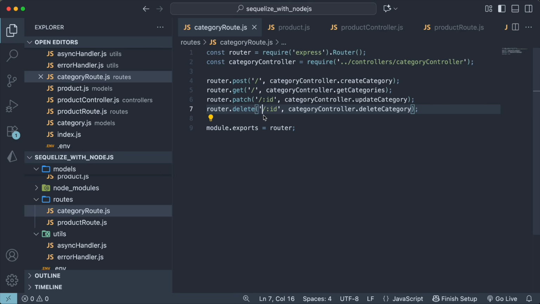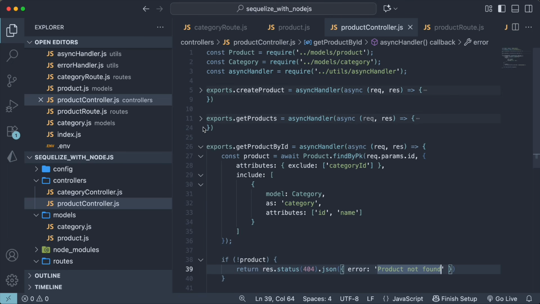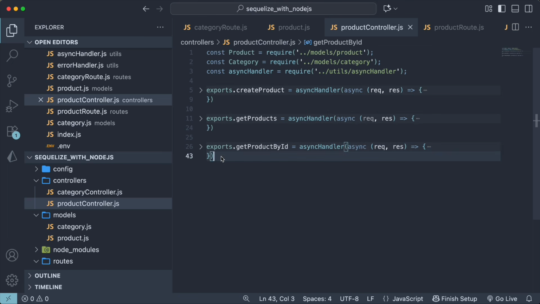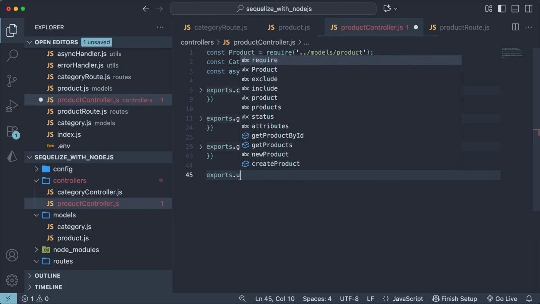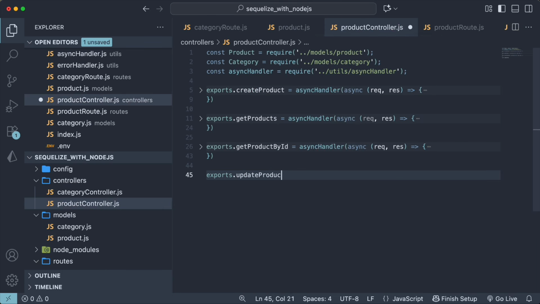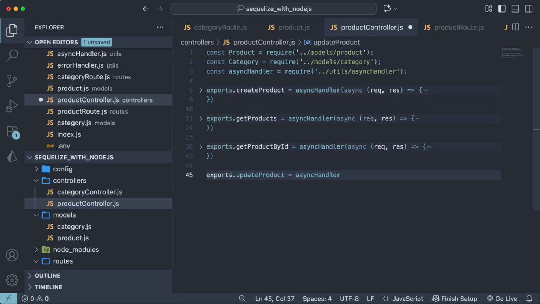Now we need to create an endpoint to update products. So let's create the function for this inside the product controller file. And let me hide all the other functions we have here. Okay, and let's create a new function below here. So export dot, and let's call this updateProduct equals to our async handler function, and inside async the request and response parameters, arrow function,